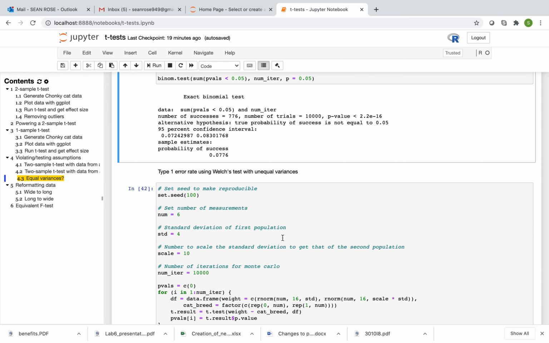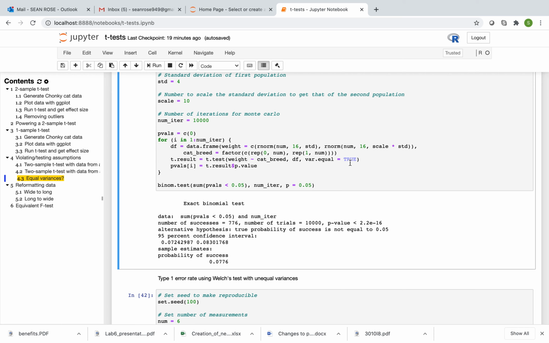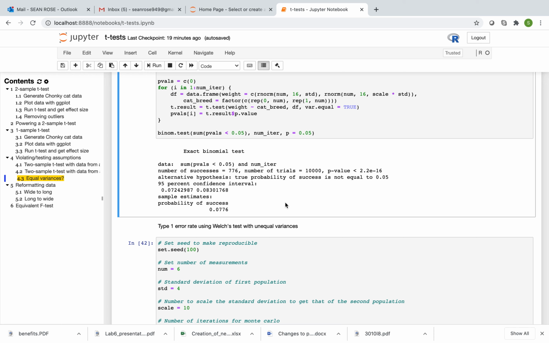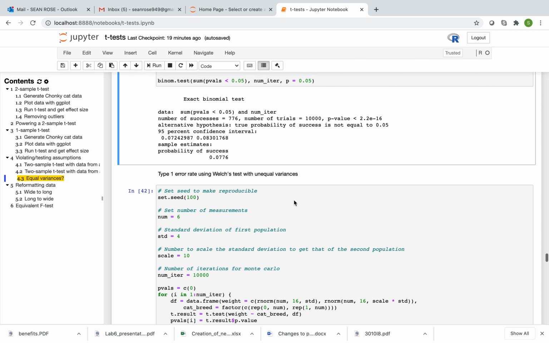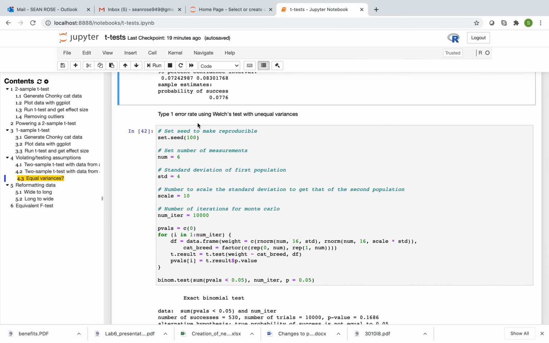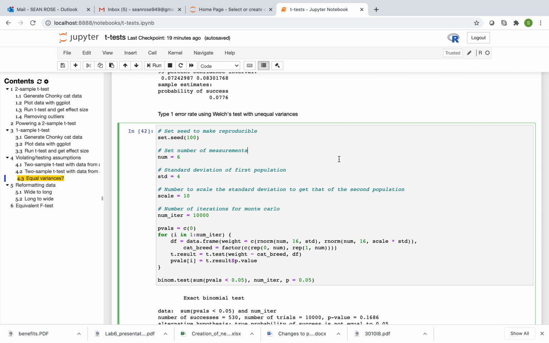So what happens if, instead of doing the normal t-test, which does not try to account for this difference, which, by the way, we're talking about a factor of 10 difference in the standard deviation of the two populations. This isn't a minor violation of the assumptions of the t-test. This is a pretty huge violation. And I find it personally kind of amazing that the type 1 error rate is actually still pretty reasonable. Yes, it's a little bit less conservative than we would like it to be, but it's really not that far off. So let's now do the same thing, but with Welch's correction